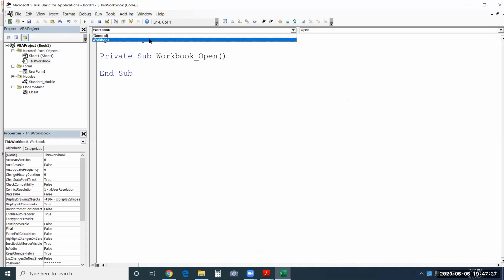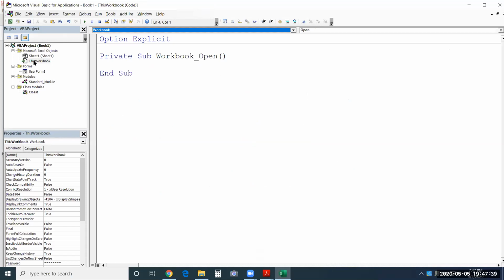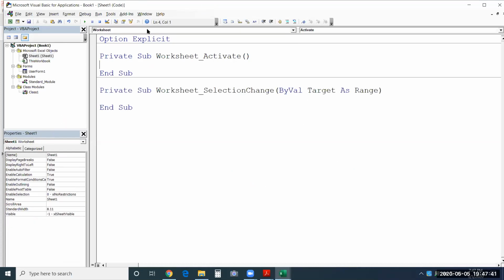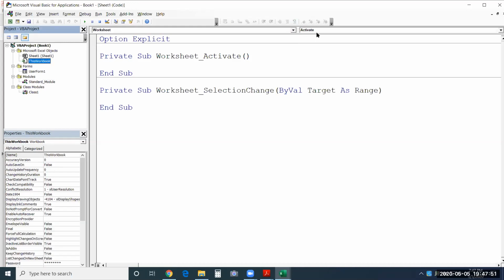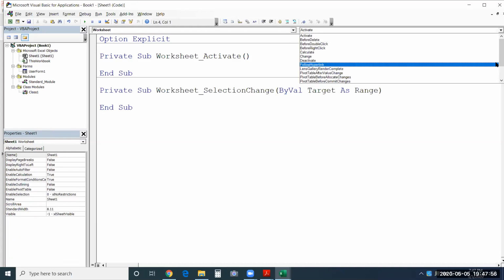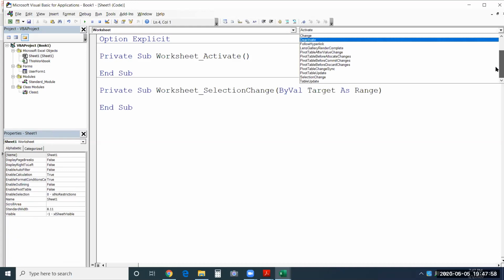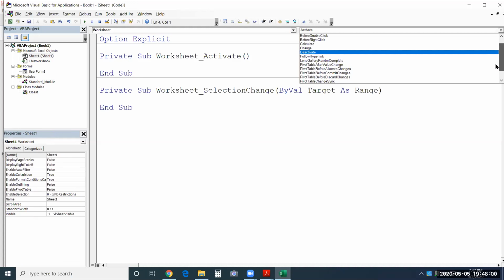In worksheet, you get to see worksheet only. You don't see workbook here. Right side, that right side of the activate button, you have a similar kind of events. Events can be the same. I'm talking about events: activate, yes, same events will repeat. Only a few events will repeat, not all of them.